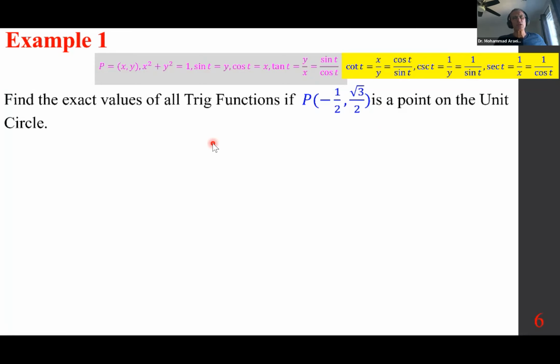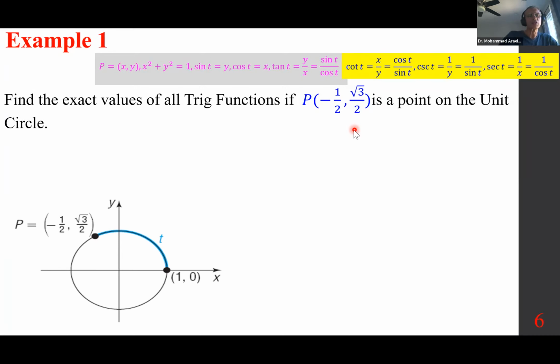By the way, if you want to prove this is on a unit circle, you want to square this one, square this one, and the sum must be 1. Okay, if somebody says prove that. So with that being the case, if we locate